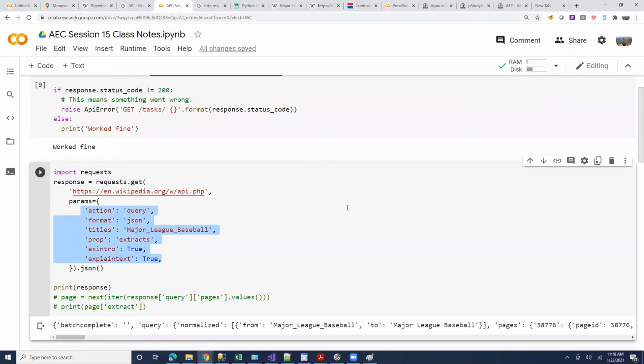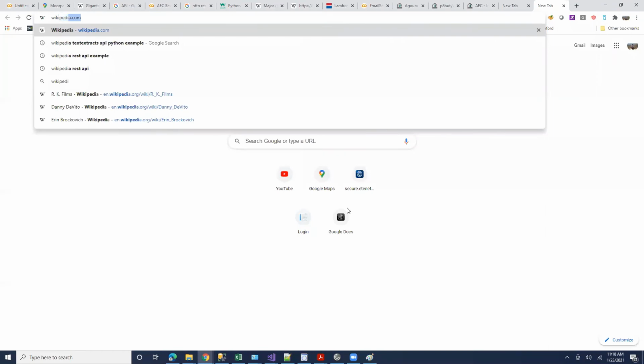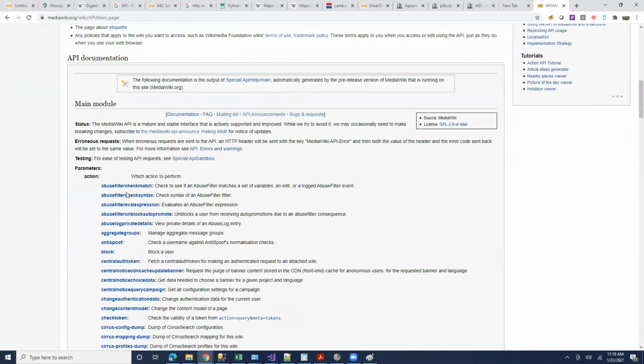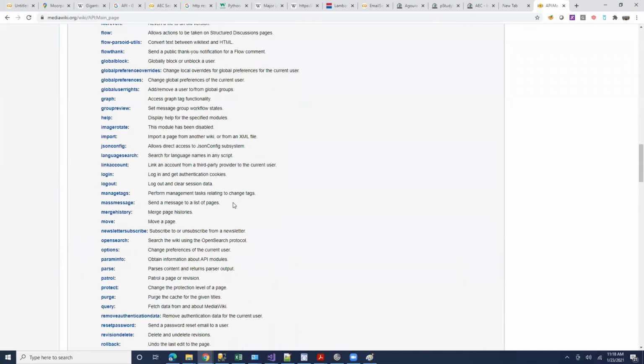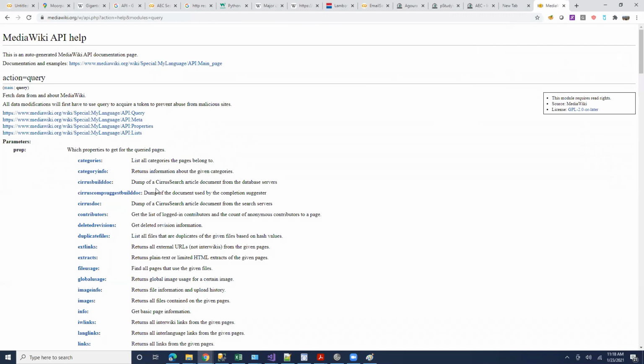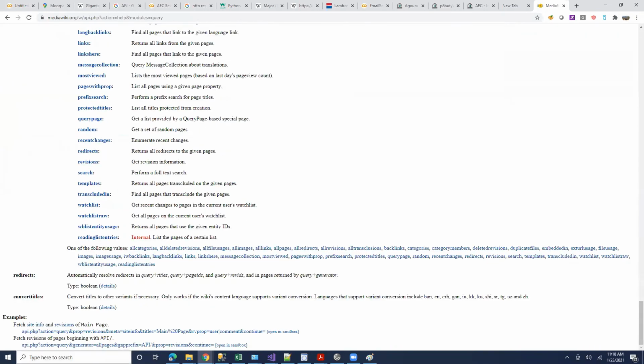What I did before the class is I went to the Wikipedia API documentation, and they will give you lots of examples about this. Let's see, query. If I go to this query page, it'll tell you what I can do, what I cannot do, and so many examples. See here, it even tells me I can do action query, prop is revisions, meta equal to site, titles is something. So you can request, and you'll find lots of examples.